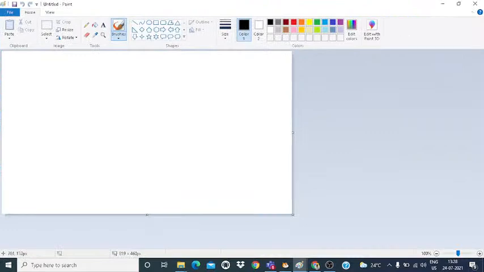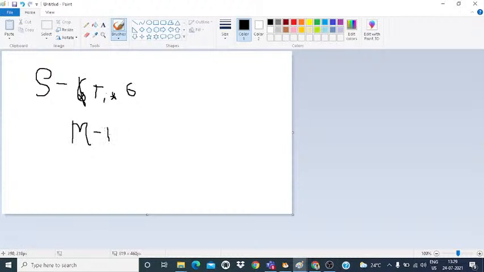So here I've taken you to Paint. Now we are going to divide it into hands. For the second hand, I'm going to put just S. We will put timer, T for timer, and it should be multiply 6. So here timer multiply 6, and for the minute hand it should be